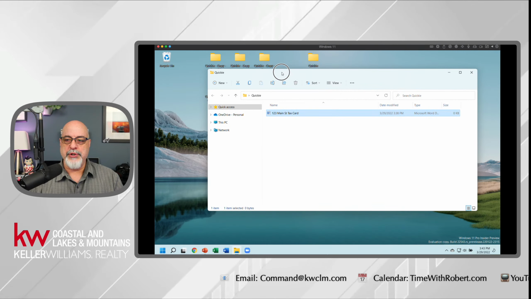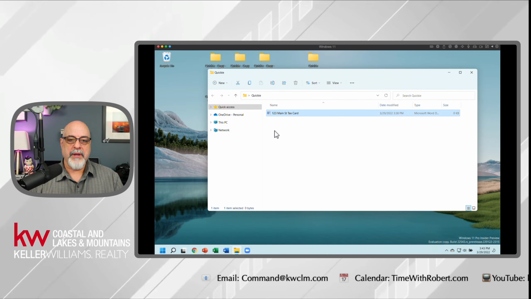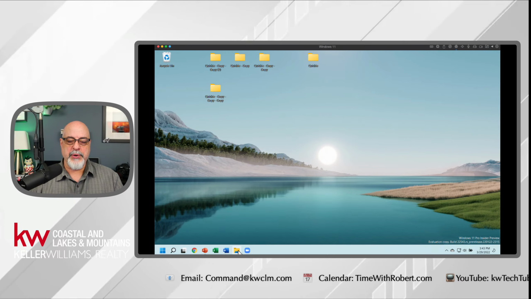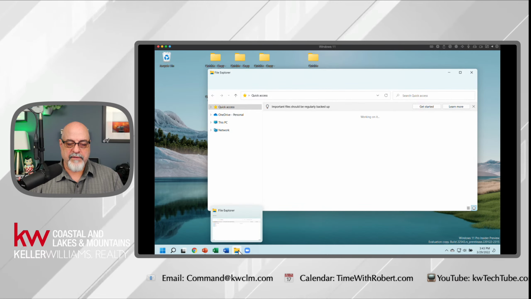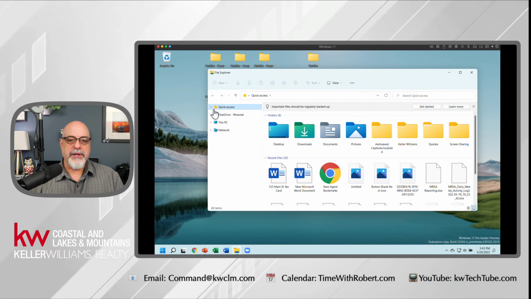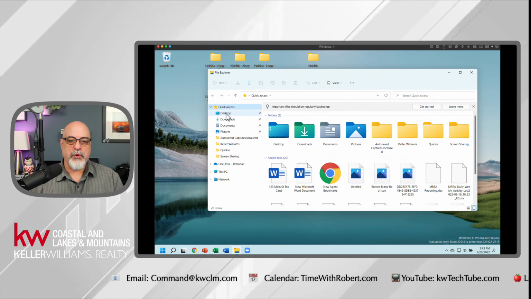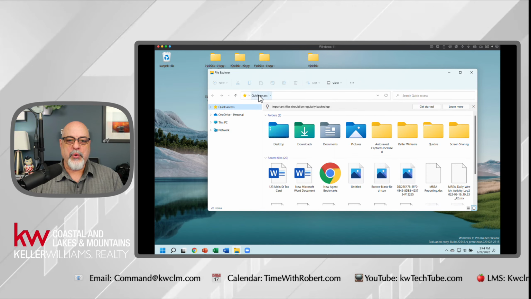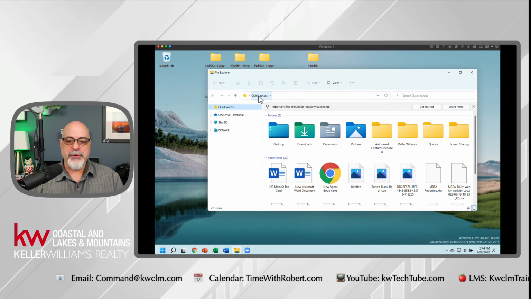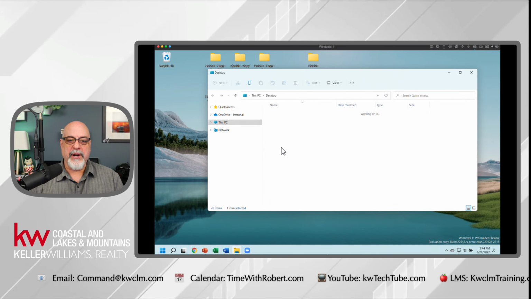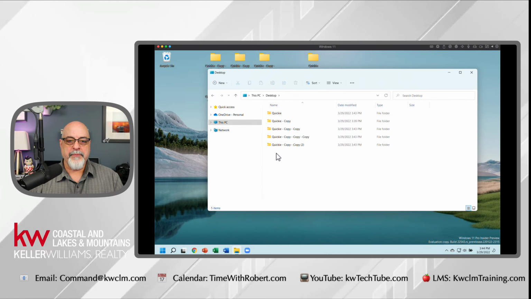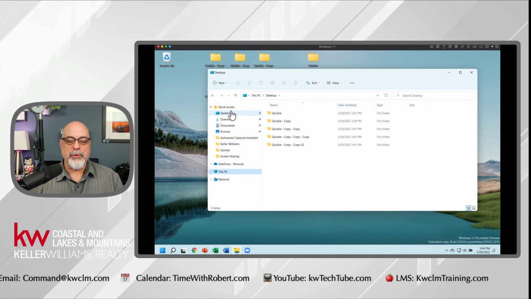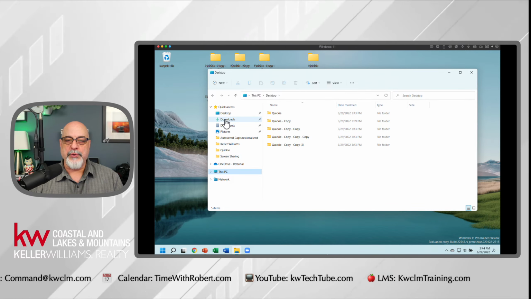And here's what you can do when it's all said and done. In Windows Explorer, which I showed you, the shortcut key is Windows E, which is always this little folder icon on your desktop. You will have these quick access links, and I've got them kind of crushed up right now, but the quick access area is a great way for you to organize how you see things. So in the quick access area, you can drag any folder so that it's always visible to you no matter